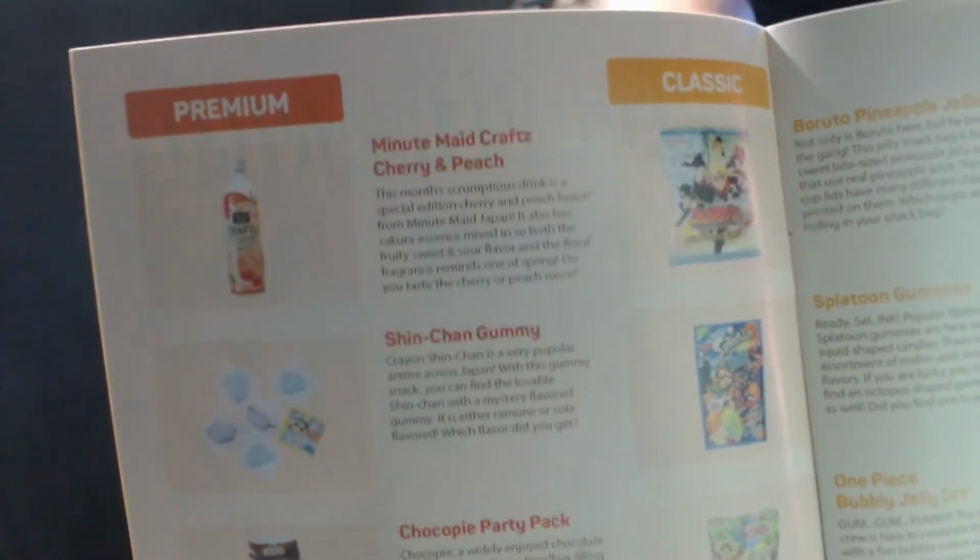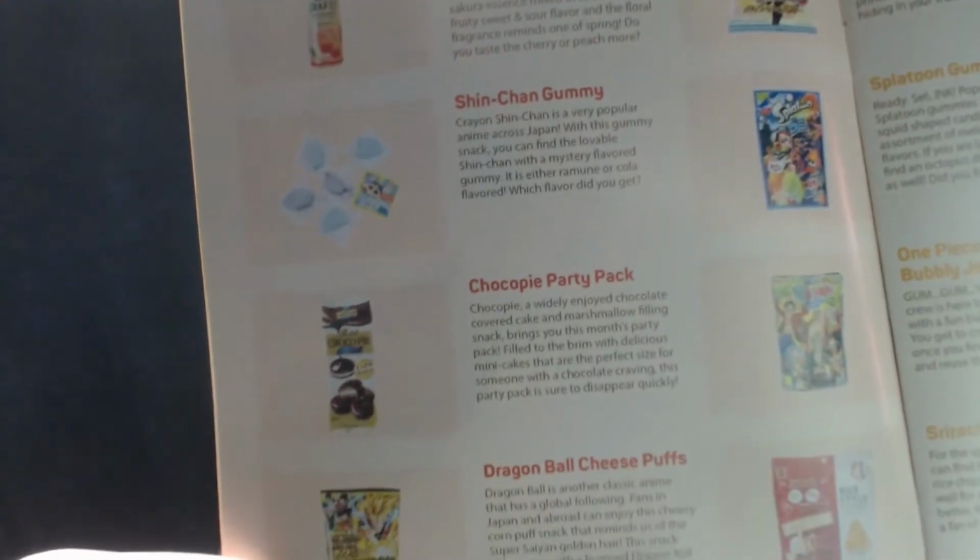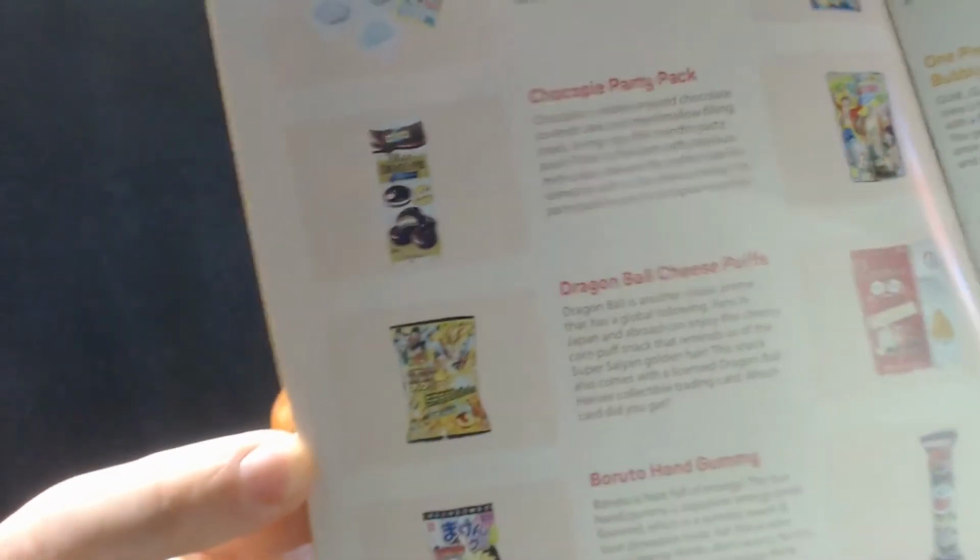So, actual box. My lighting's terrible because I'm using a ceiling light, the blue filter bulb, and it's not great. This month is anime snack attack theme. And we've got everything visible here that we're going to be eating. Minute Maid Crafts Cherry and Peach, Shin-chan Gummy, Choco Pie Party Pack, Dragon Ball Cheese Puffs, which I'm happy about